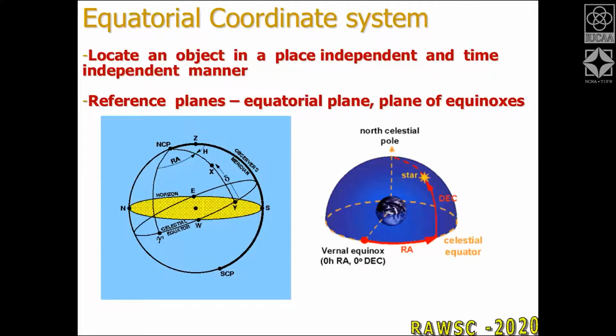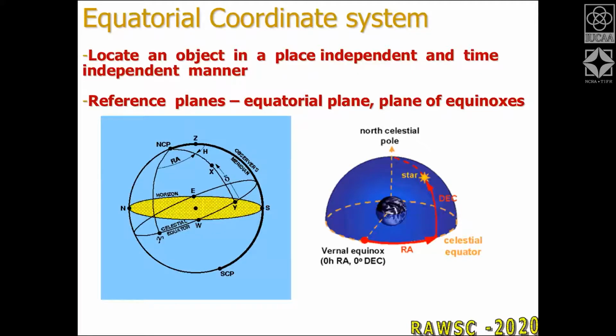No. See, you have to define, when we started, I said that the coordinate systems are defined by a reference plane. So if you want to define your right ascension and declination, you have to first define the planes with respect to which you are going to measure them. So which are the planes? The first plane is directly parallel to the Earth's equator, and then we take the ecliptic, which is the path of the sun. Go one by one. You are right that the first reference plane is the plane if you extend the Earth's equatorial plane and take it all the way to an imaginary sphere around the Earth, which is known as the celestial sphere.